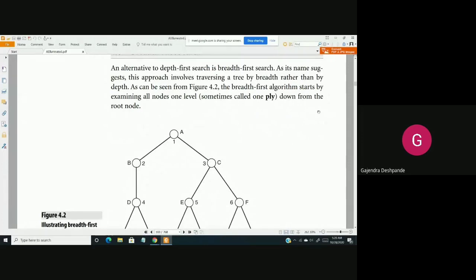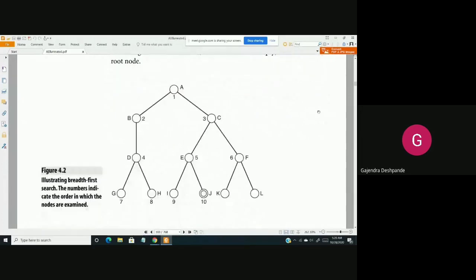first search. So breadth first search works horizontally. It searches the nodes horizontally, whereas depth first search searches the elements vertically. Okay, so how does depth first search do it? It starts vertically first, then horizontally. Whereas breadth first search is the reverse way. It first searches horizontally, then it searches vertically.